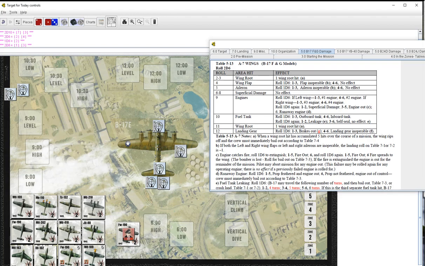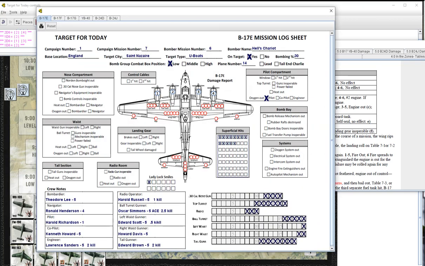4, wing flap. 2, flap inoperable. If both the left and right wing flaps or left and right ailerons are okay. So we got left flap inoperable. Okay, now